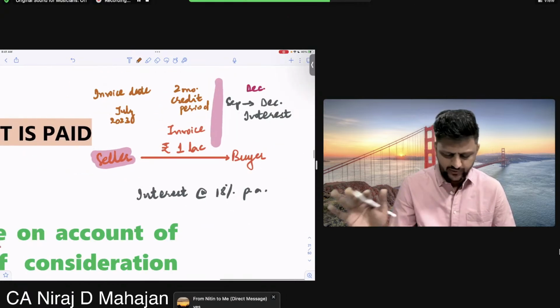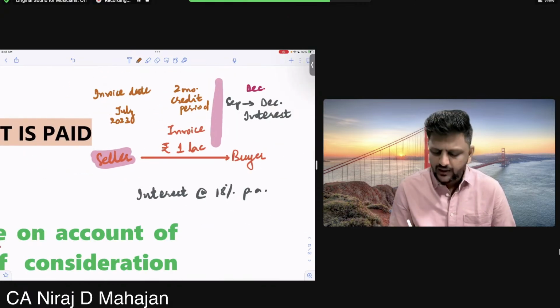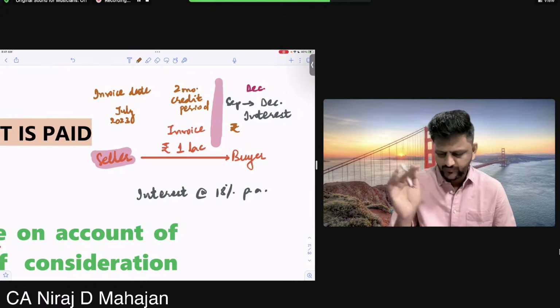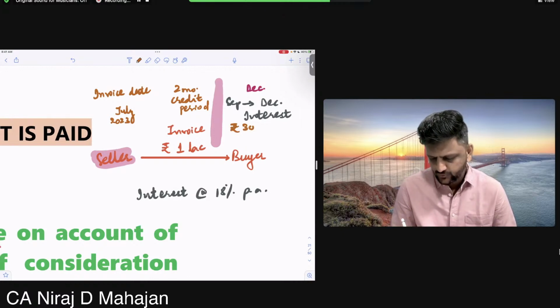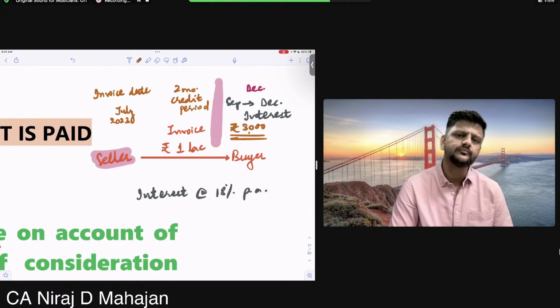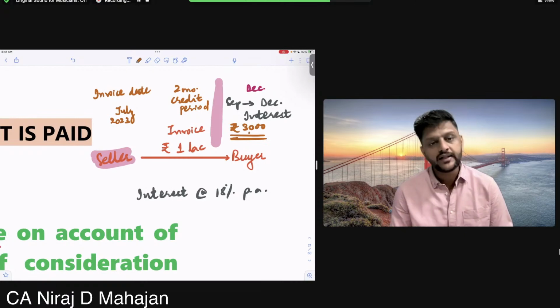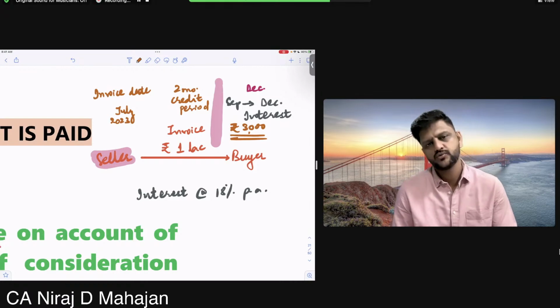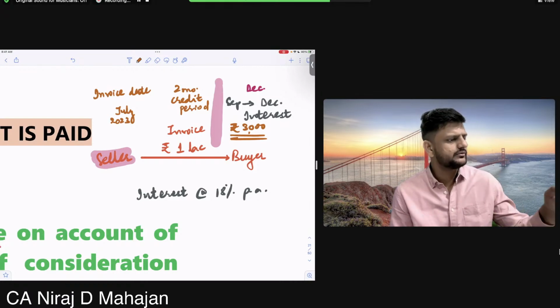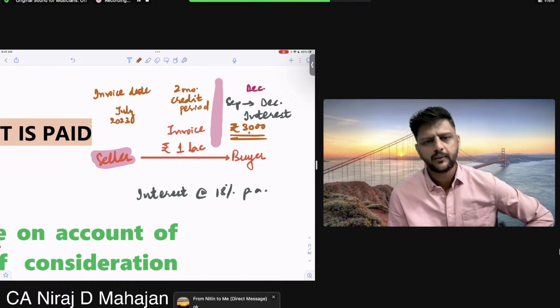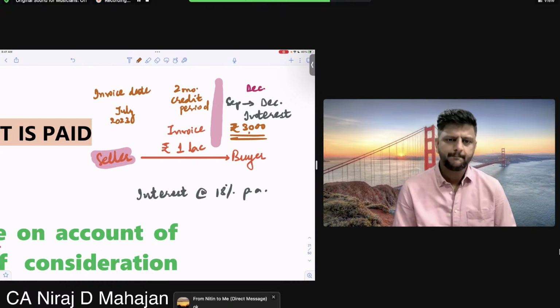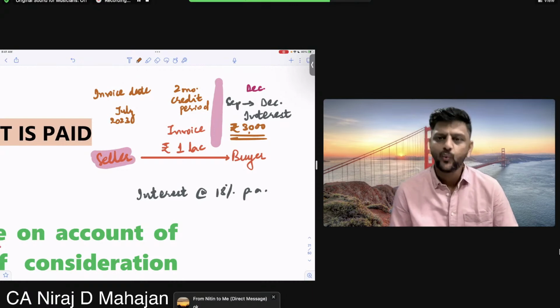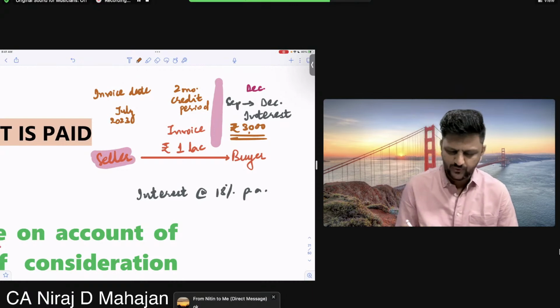Again, whatever rate I've given you, let us say that it comes to 3,000 rupees. Okay. Whatever it is. So 3,000 is also income of the seller. So again, GST needs to be levied also on the 3,000. Okay, all of you? Fine, all of you tell me. Fine, the only question is what is the time of supply of this amount of 3,000.